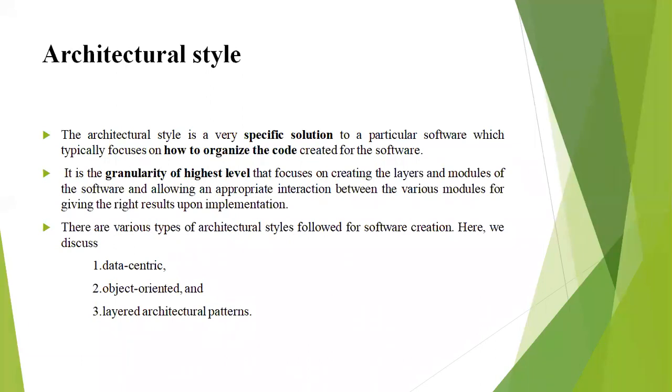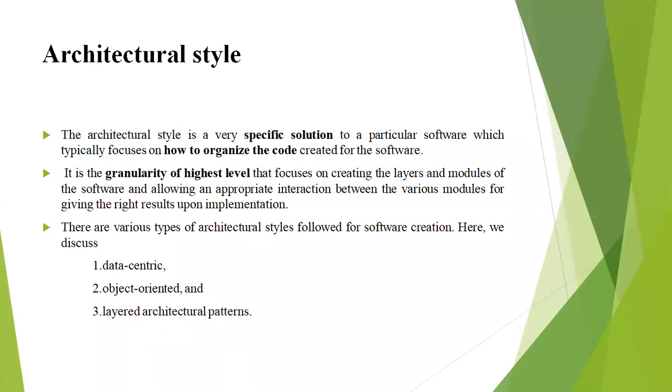So this total process, the dividing of the project into modules, or dividing the total project into components, has some styles. Now we are going to discuss the styles of these projects. The first one is data centric style, the second one is object oriented, and the third one is layered architectural patterns.